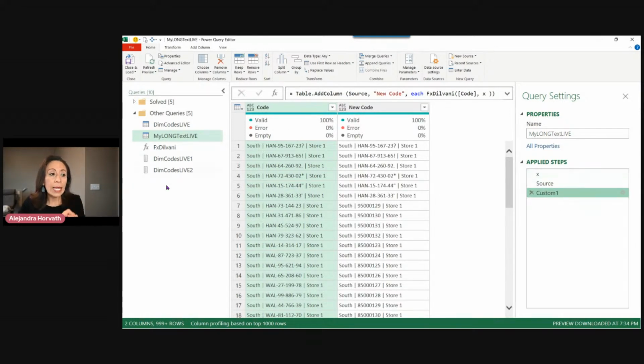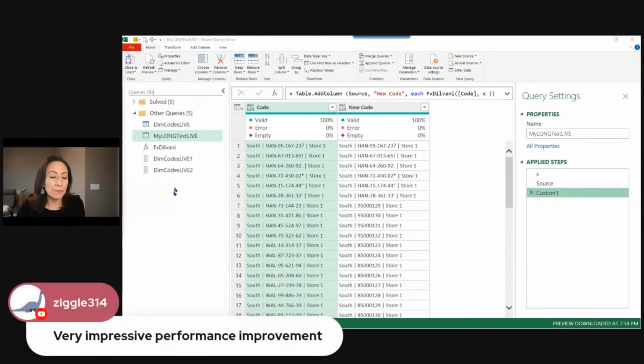But again, keep in mind that this list will remain in memory, so your Excel might be a little bit slow. So keep that in mind, okay? In my case, as I said, it's very simple, but you can see the benefit of using List.Buffer when necessary, okay? Yes, Mark, it's very impressive how much the performance improves